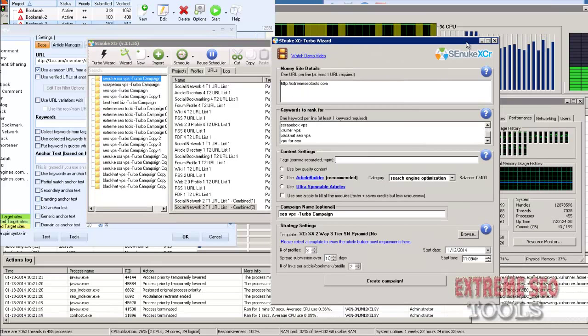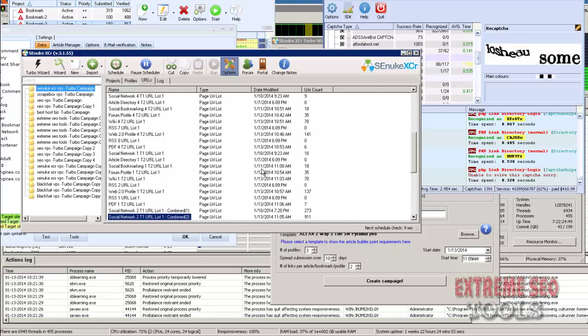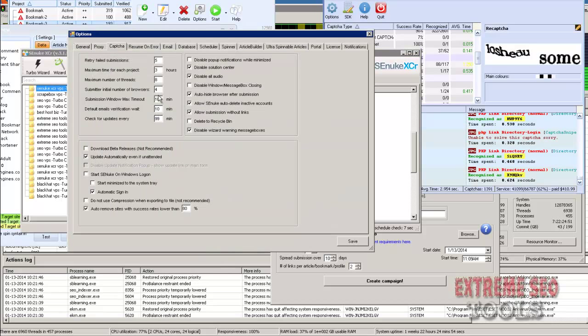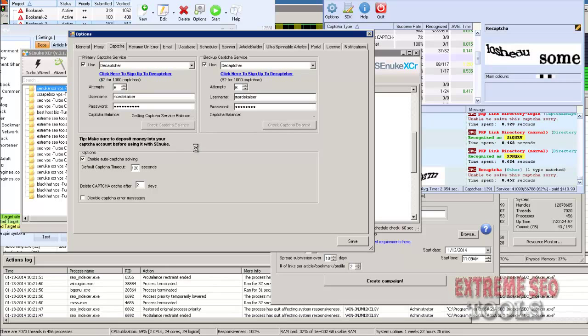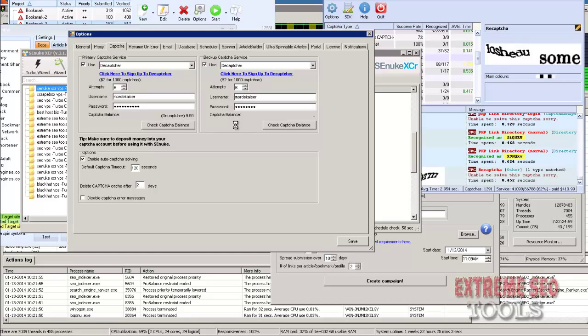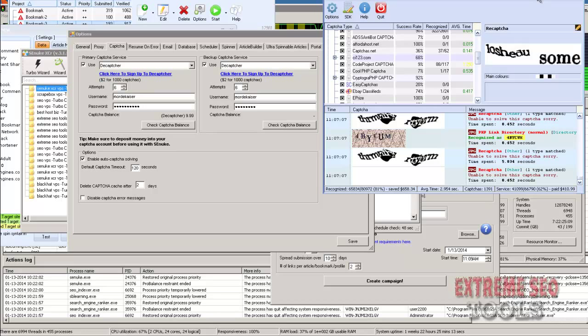And that's basically it. I just wanted to show you the new Captcha system. What I mean by that is up here, make sure that this first option is DeCaptcha, and you should get the balance of $9.99, and that's a good thing, because it's going to send all the captchas over here to Captcha Breaker now on everybody's desktops,